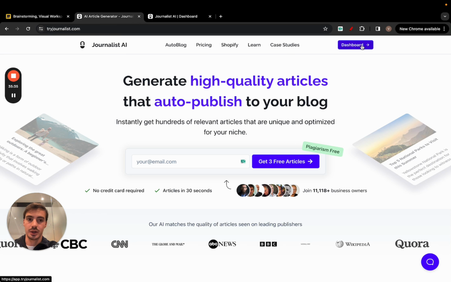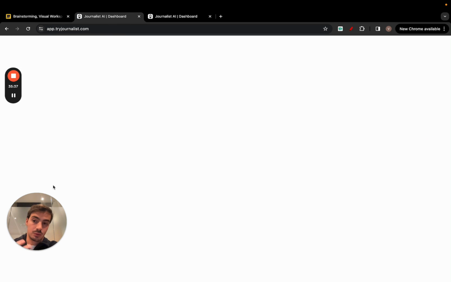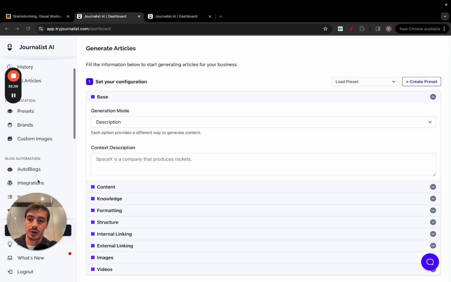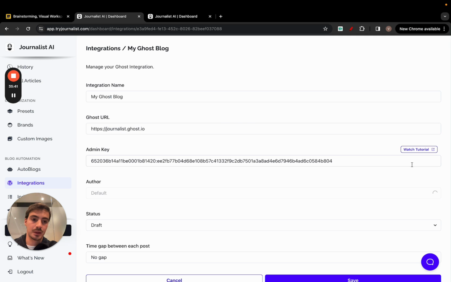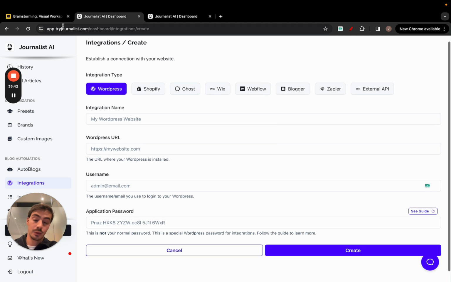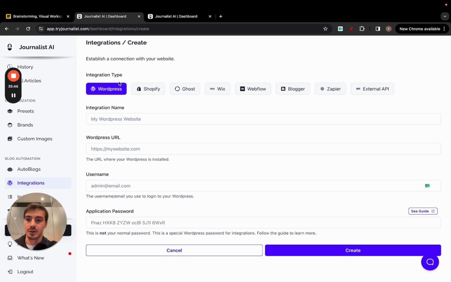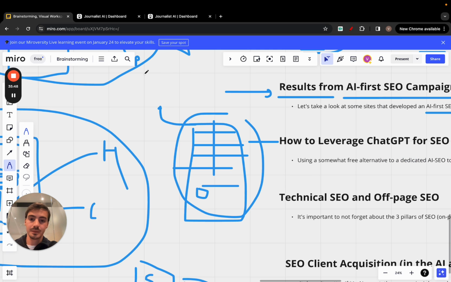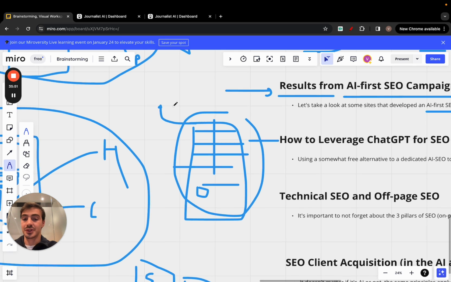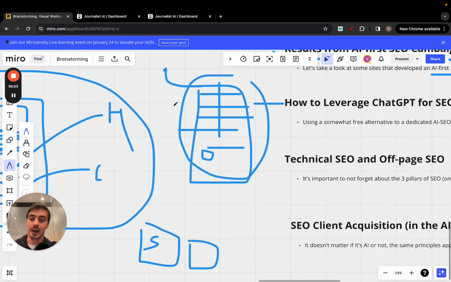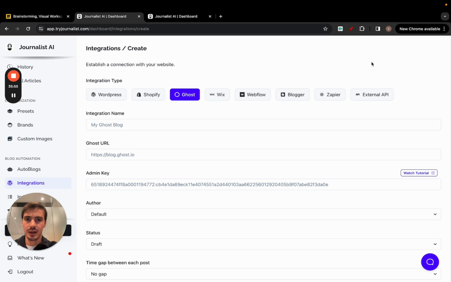Here in Journalist, you can automatically post it. That's one of the biggest values here, that you can auto post it to any of these right here. But if you were using ChatGPT, what you would do is take the article, copy it, and paste it into your CMS, WordPress, Shopify, any of these. After it's there, you would start reading through the article and finding the best places to add links to, videos.